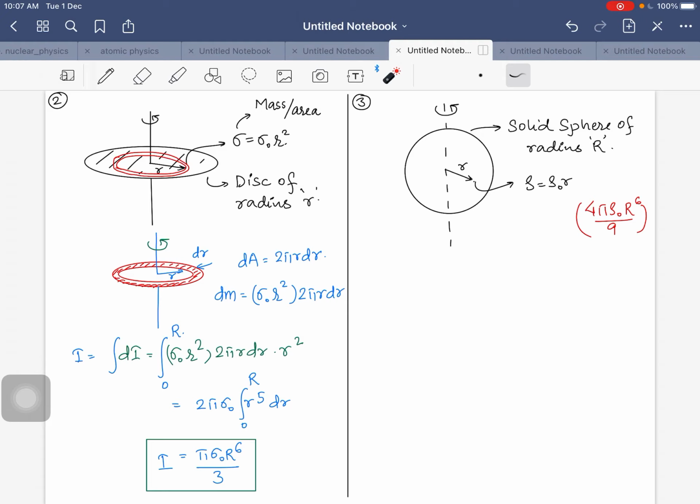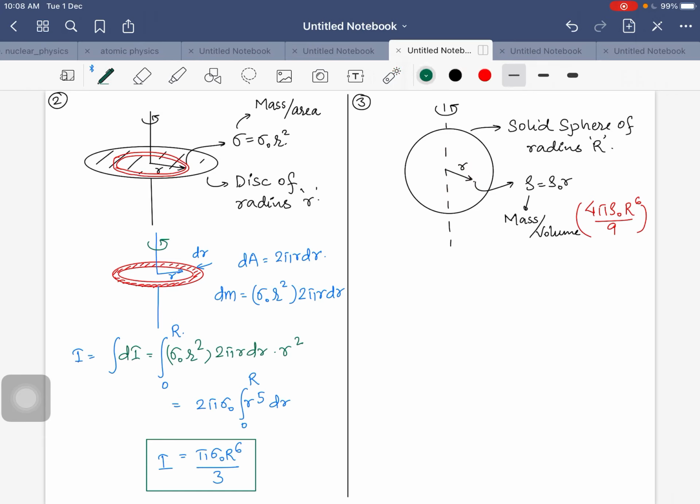Here solid sphere, it means it is made up of infinite number of hollow spheres. Okay, and here the same thing, if you move a distance r na, so mass point volume is given, it is nothing but it is mass per unit volume. So you see the difference. If it is a rod, so it will be mass point length. If it is a disc, mass point area. If it is a solid sphere, it will be mass point volume. So to get the mass, we have to multiply with the volume of that.